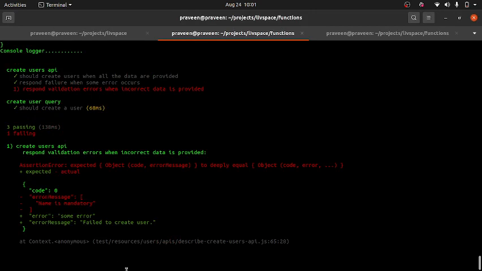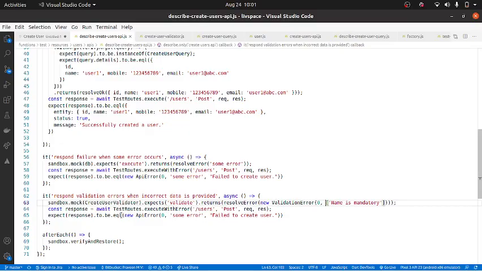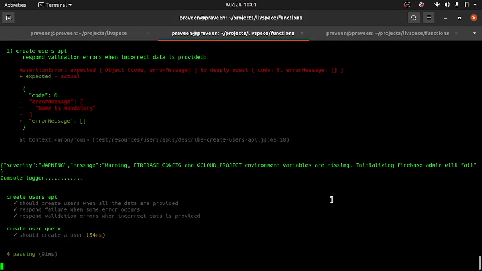So here we will not have this, we'll have validation error, and here the name will be the same thing, name is mandatory. So I think this should pass.